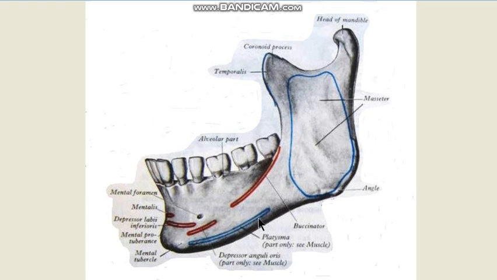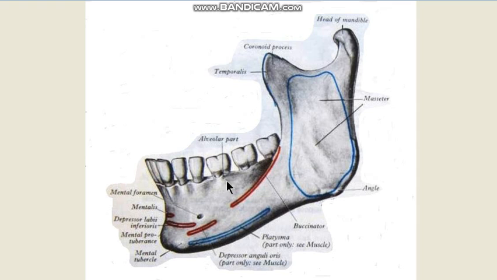And again on the external surface of the body of the mandible close to the lower border, you have the attachment of the platysma muscle, and this platysma muscle is actually coming up from the neck, and it is continued over the face as the risorius to the angle of the mouth. So you have the attachment of the mentalis, the orbicularis oris, the depressor labii inferioris, the depressor anguli oris, and other slips of muscle called the incisivus, and you have the attachment of the buccinator muscle, and you have the attachment of the platysma muscle.